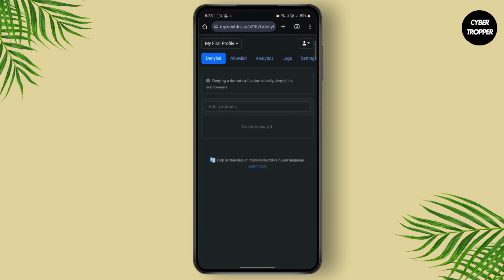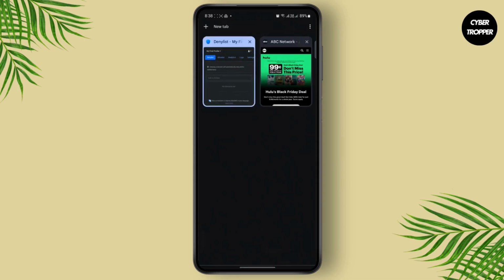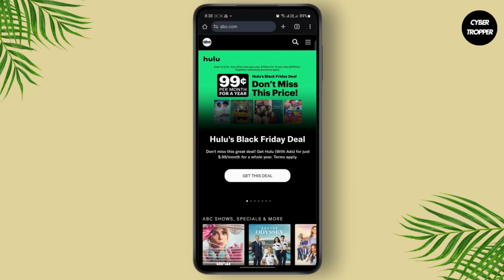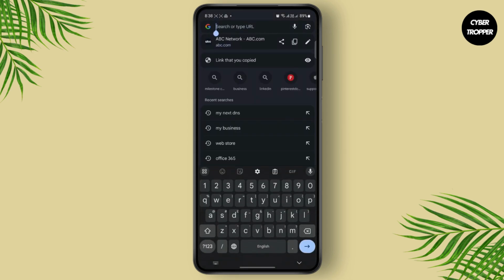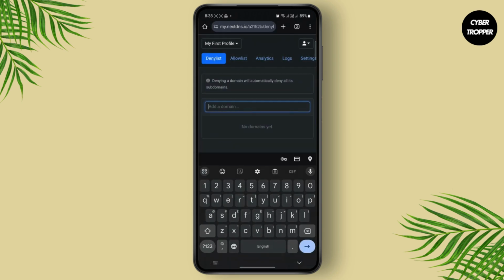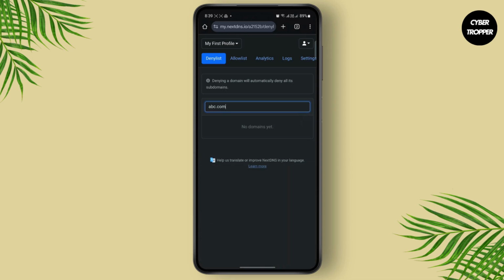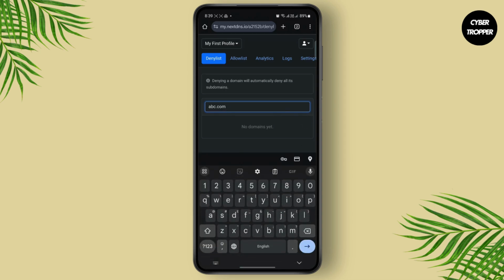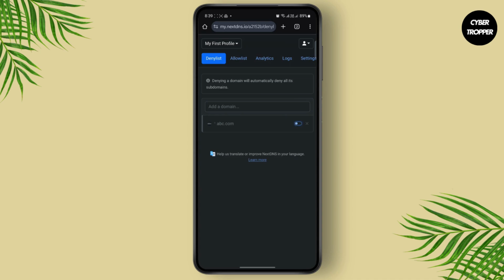find the deny list. And here I have a website, a random website, so I'm just going to copy its URL and then paste it on my other tab. So I'm just going to type in abc.com, and once you hit enter, it will show you all of the possible domains right here. So make sure to toggle it on like this, and after you do that, head over